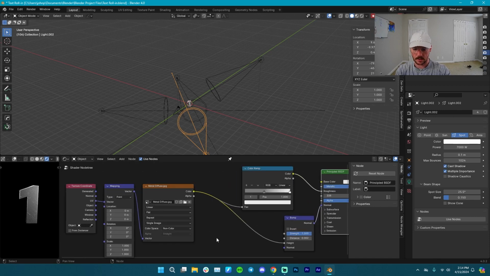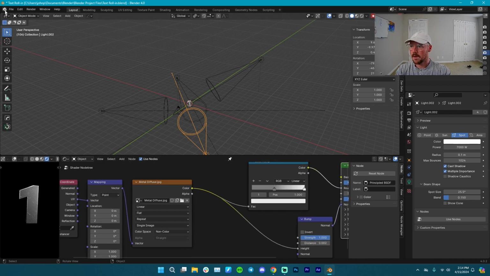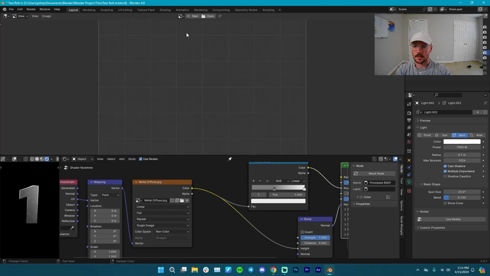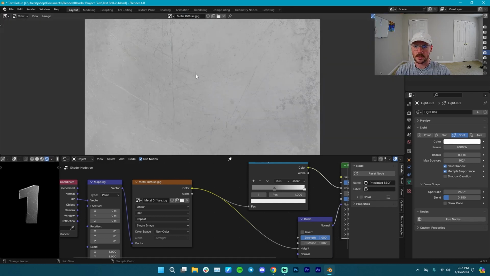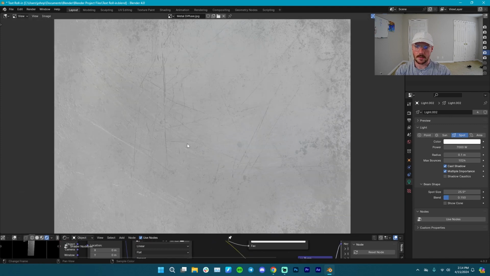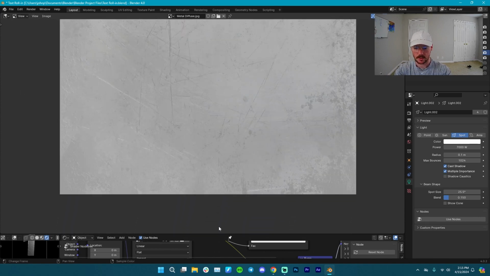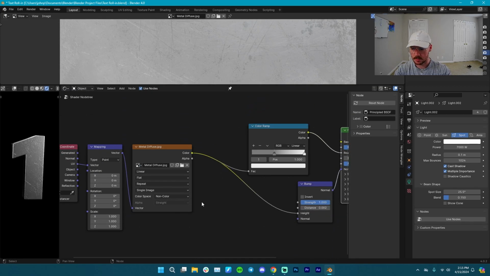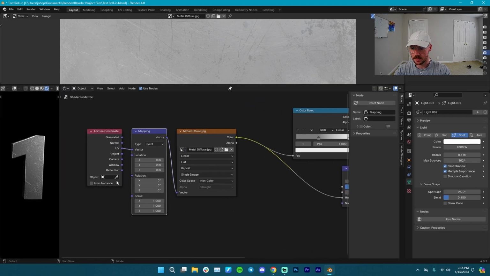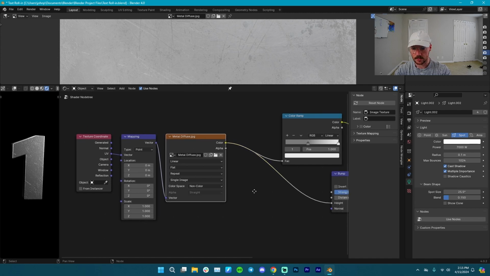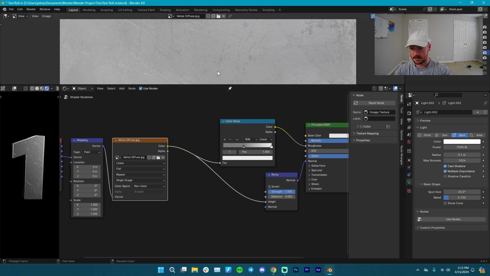And this is just for a metal material, right? So this metal diffuse, let's go here. Let's go image editor. Let's open the metal diffuse just so you can see what it is. This is the metal diffuse. This is the image that I'm using for all the bumps and all of the roughness, etc. And it's just kind of a decontrasted, low contrast picture of metal plating. And I'm using texture coordinates into a vector point to the image because I unwrapped my